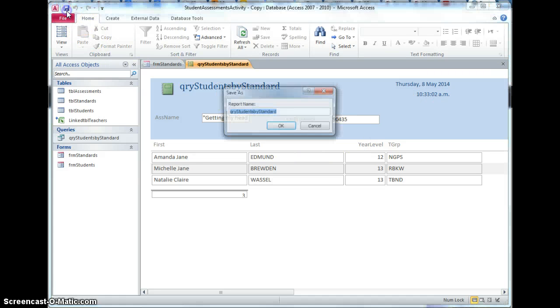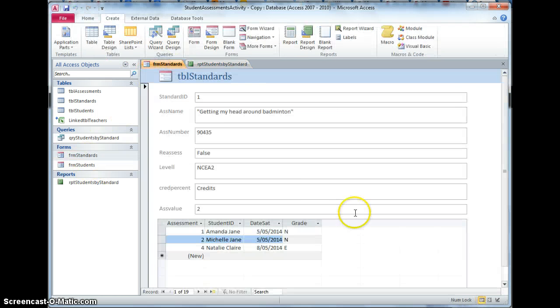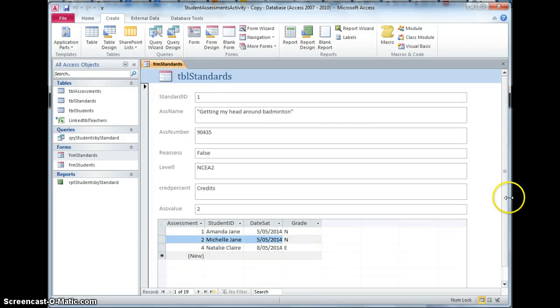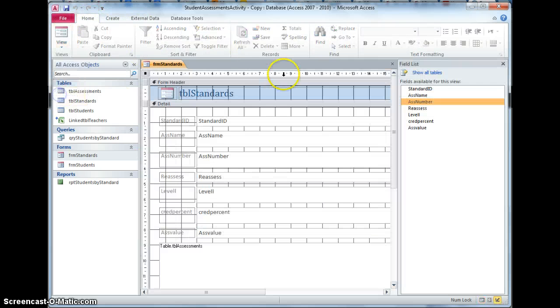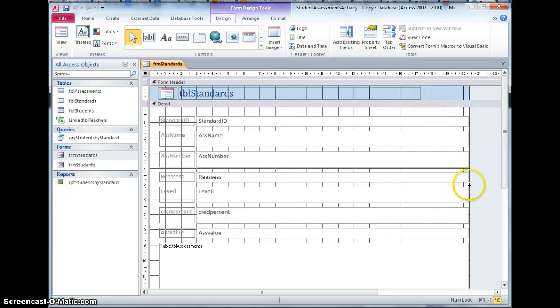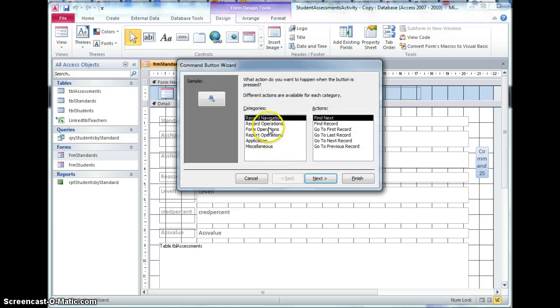So I'm just going to save this report as RPT, report students by standard, and then on my form, going way back to my original form, I'll just close that one as well. On my original form I can now add a button perhaps. If I go into design view, and I'm just going to add a button over here perhaps. Again, this form needs a bit of love, but yep, and it will just say